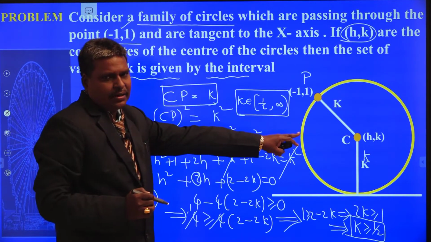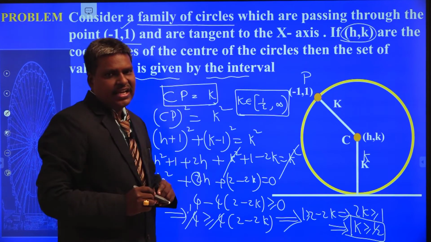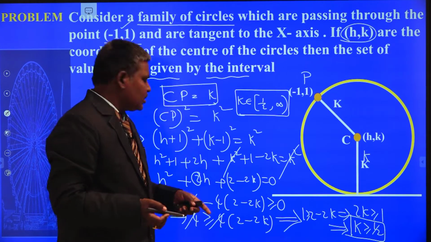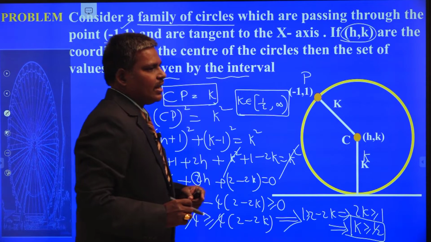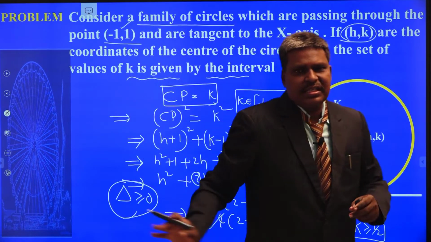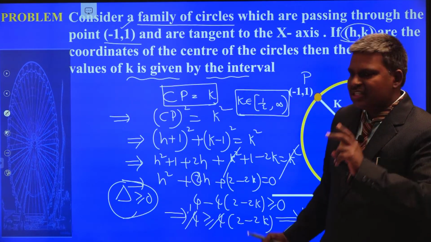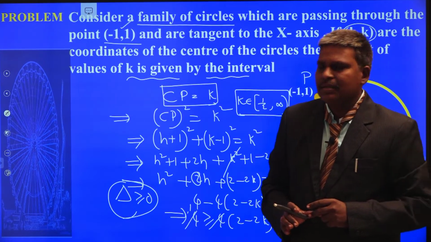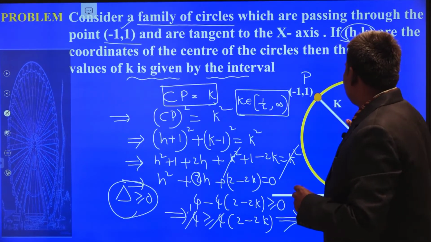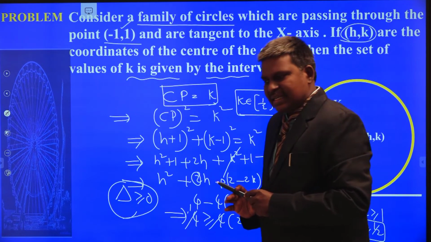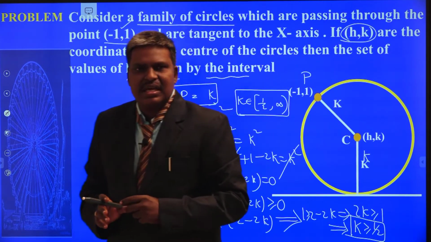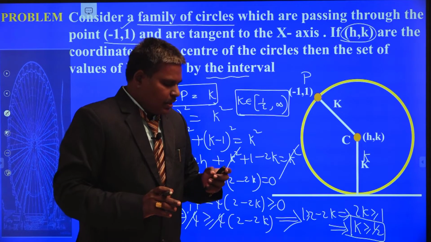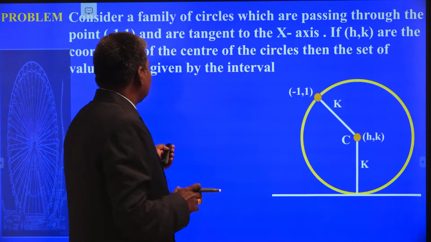Your h is real. It is a quadratic equation in h, so it has real roots. That is why you have to apply delta greater than or equal to 0. This is the second logic. Once you think of these two logics, immediately we can crack this problem. Understand? In this manner, we can solve problems related to a circle that touches either the x-axis or y-axis or both axes. Now let us go to the next concept.